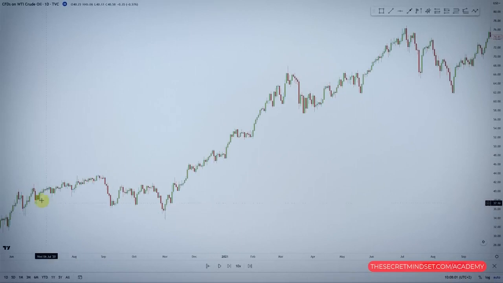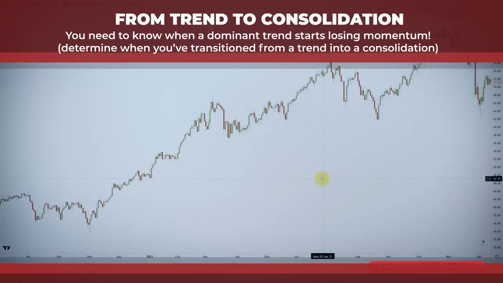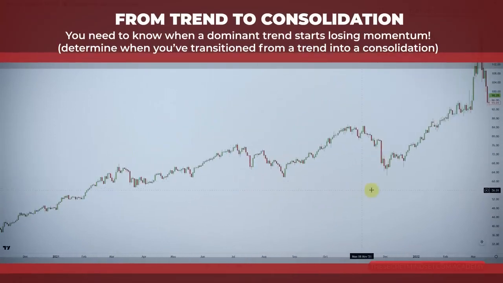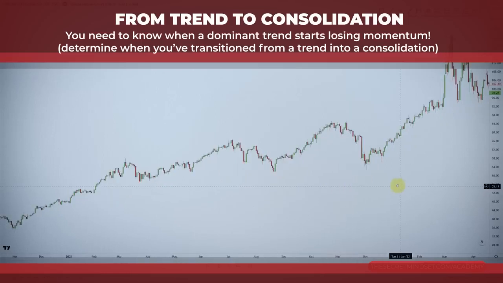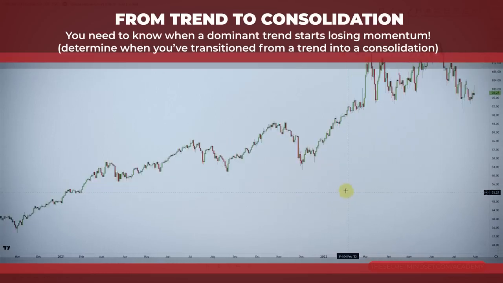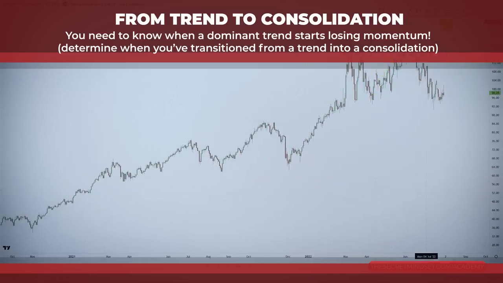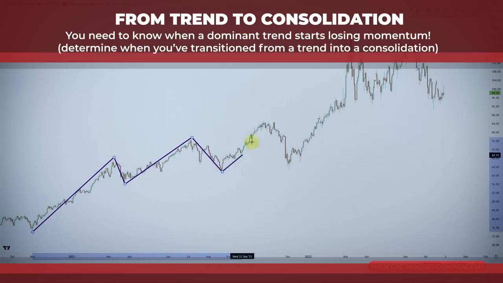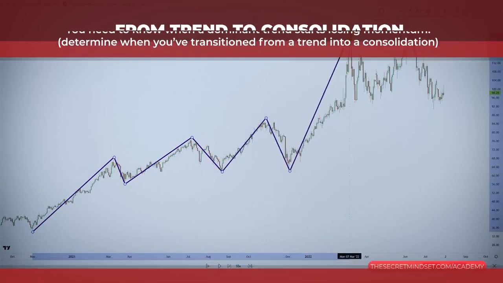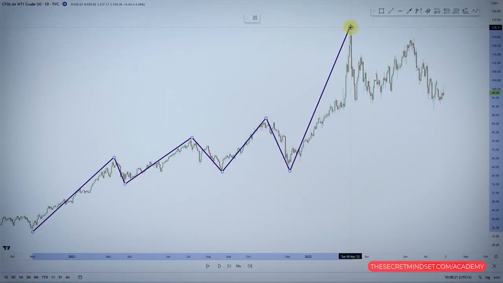Markets don't always trend, and you will come to the point in the market structure where the dominant trend starts losing momentum. While you are in an uptrend, reading the market structure is straightforward, but you must determine when you've transitioned from a trend into a consolidation. Here's my method. Let's consider an uptrend